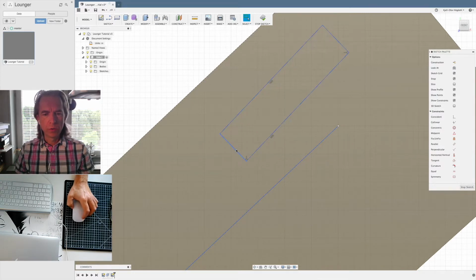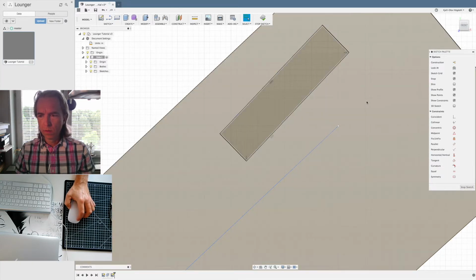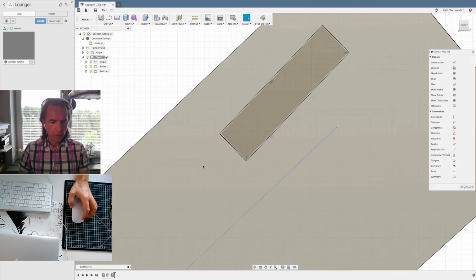But then of course it shouldn't be any problem to make those two parallel, because if this is perpendicular, so yeah, I think Fusion 360 is complaining in vain here. Well, anywho,